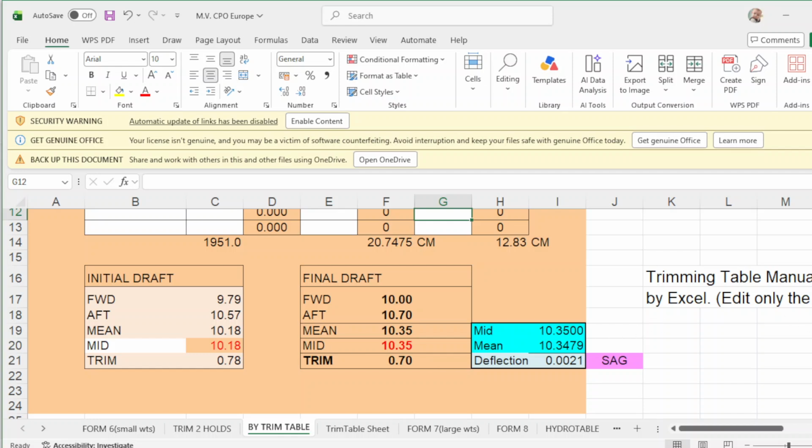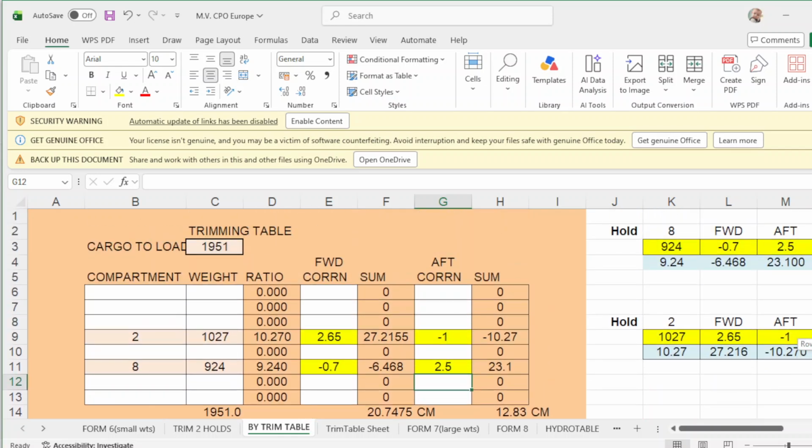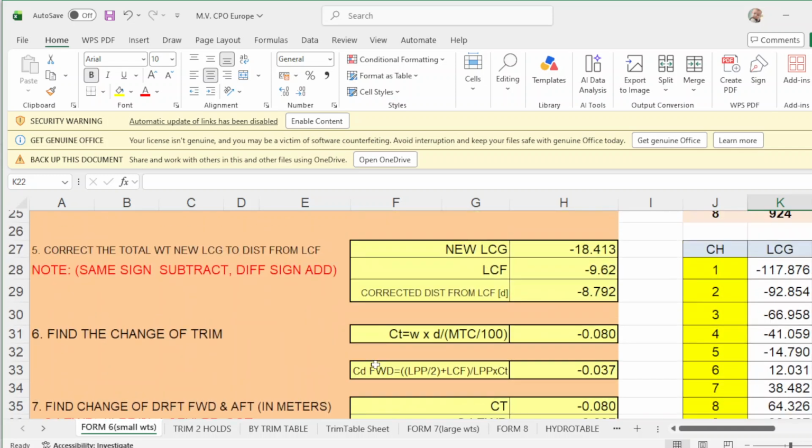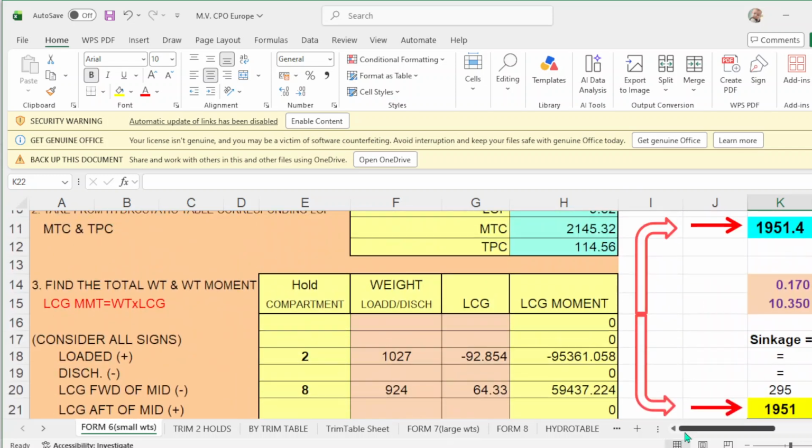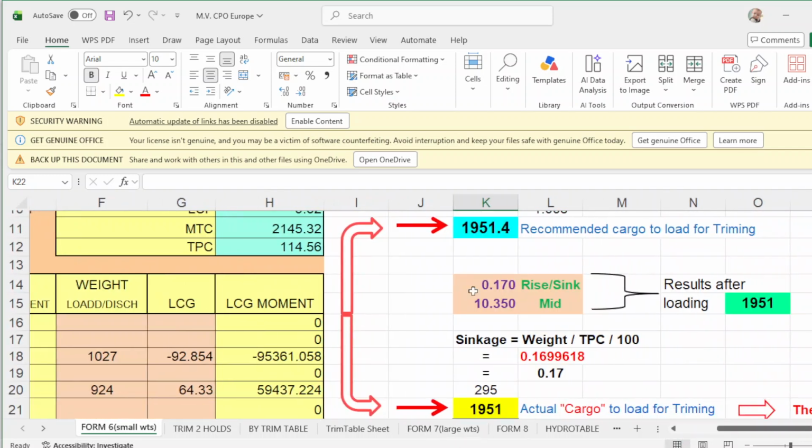Now, take note of the trimming: the amount of cargo for trimming is 1951, which is this one. If you remember, this is the recommended for trimming, 1951.